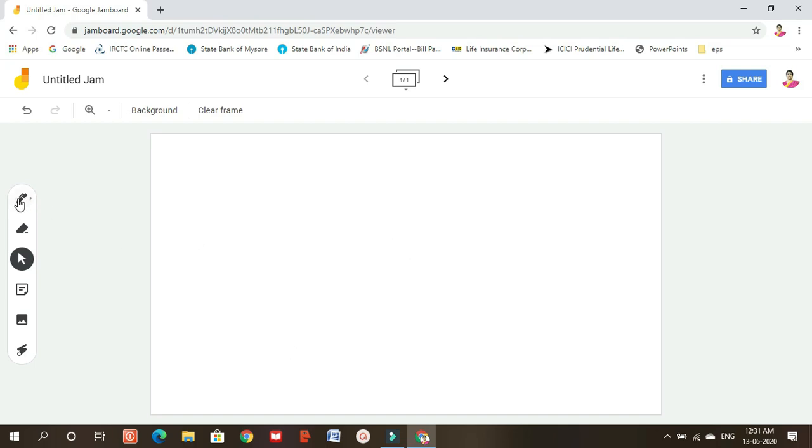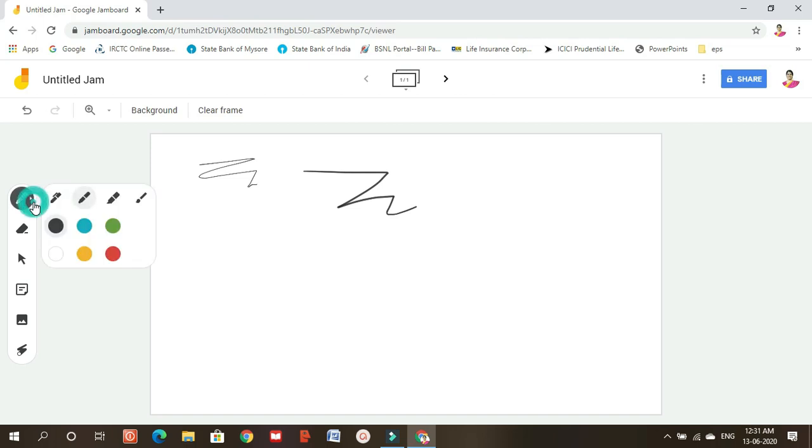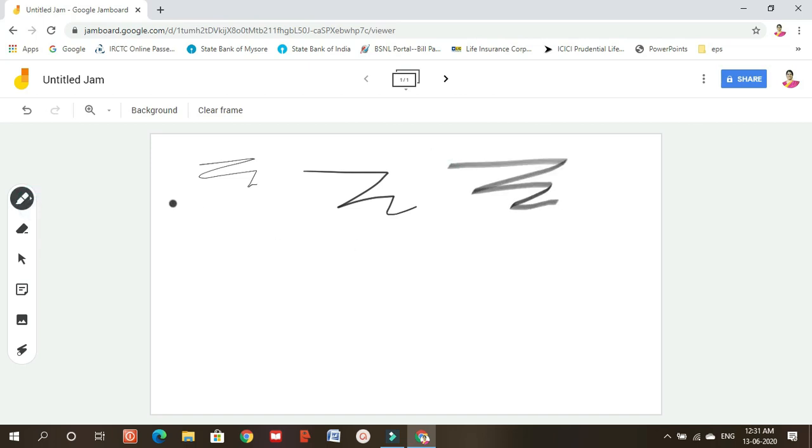So first thing we'll have to learn about is the pen. When we click on this pen, you choose to write with a pen. So you have different kinds of pens. The thin pen, a little thicker pen which can be used to write. You also have a kind of highlighter and you have the brush.